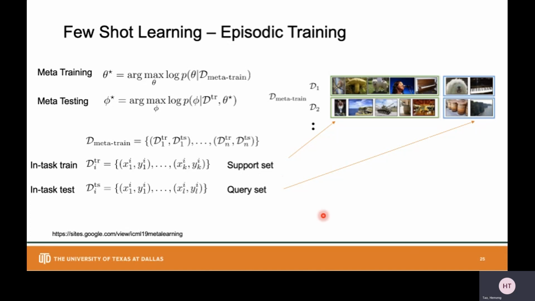So you can see here, each task contains the whole process of training and testing, which is different from other pre-training methods, which only contain the training process. That's why few-shot learning is also called learning to learn. Few-shot learning learns from the whole learning process, from training to test, instead of only learning from the training process. That's the one big difference from traditional supervised learning or transfer learning.